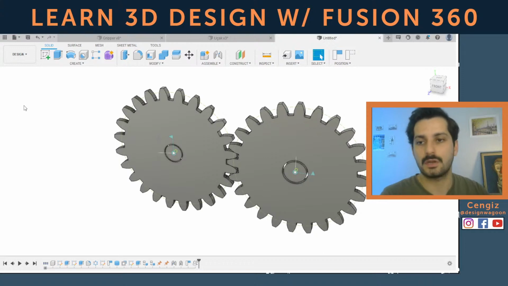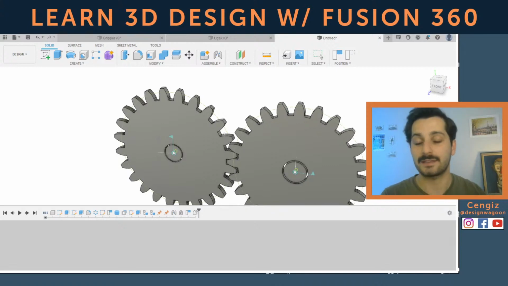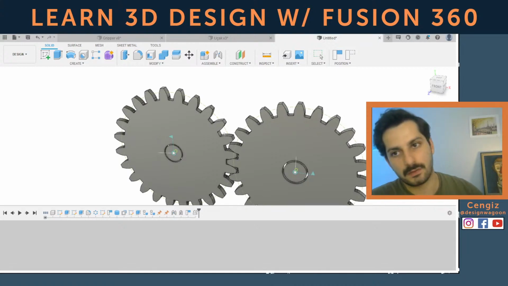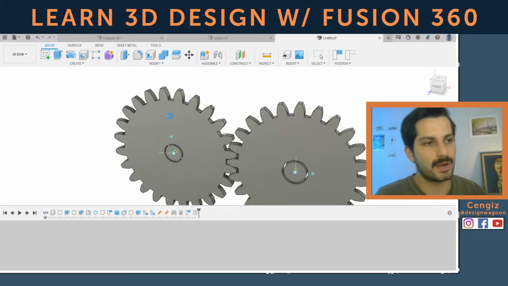And also, if you want to render it, because for now it doesn't look great, or you want to save your documents as JPEG or image file formats, well, you can change the workspace to design to render,